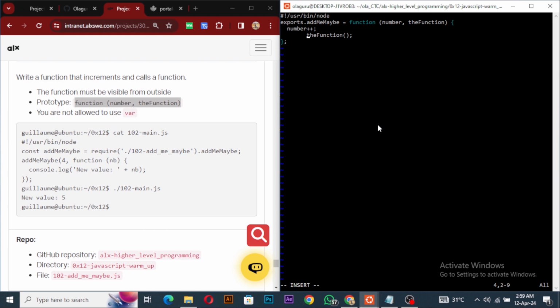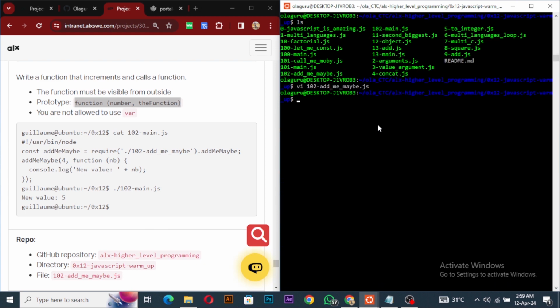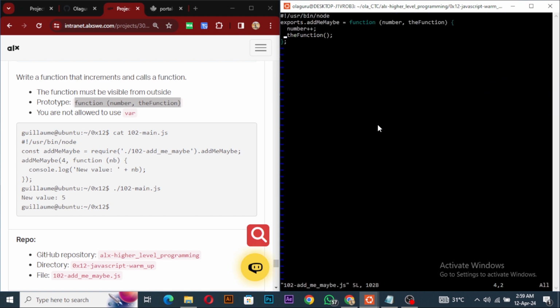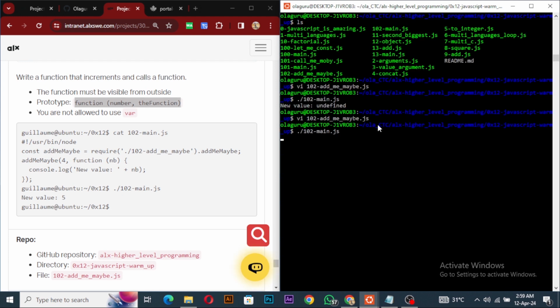Let's put spaces here. Good. So let us run 102 main, new line undefined. Okay, let's see. Export the function. Okay, sorry, I'm supposed to call the function and number, because yeah,